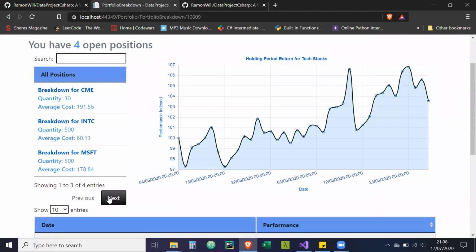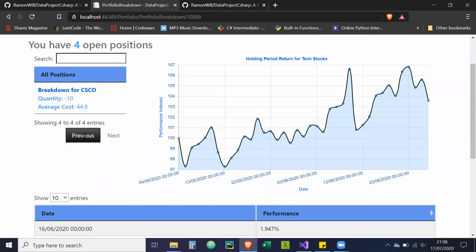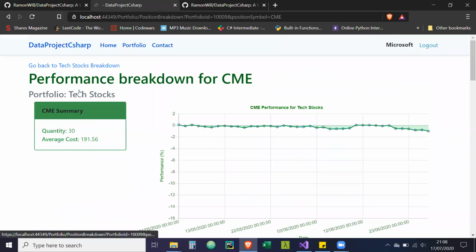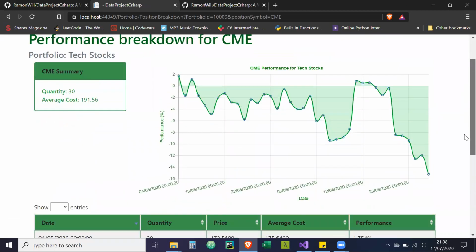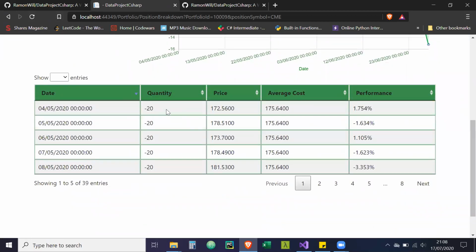Yeah, and as you can see here, the breakdown for your positions. So if you want to get a position breakdown and position level, we can see them here. So this is our breakdown for CME. And another thing you can note is the quantity. So we're actually short here. And as you can see, if you're short,